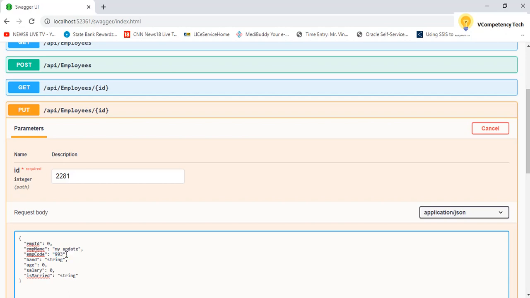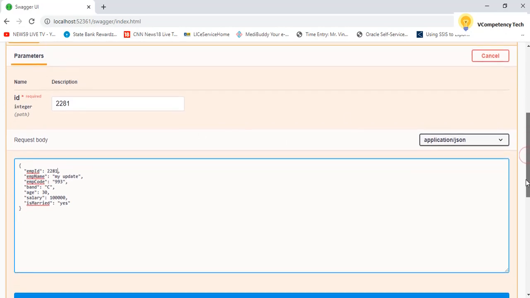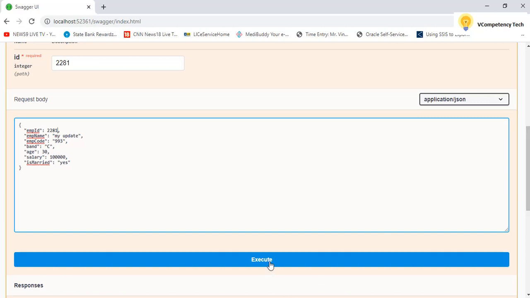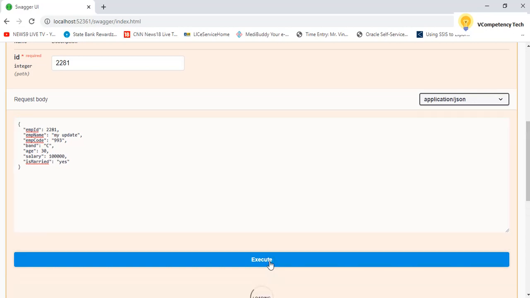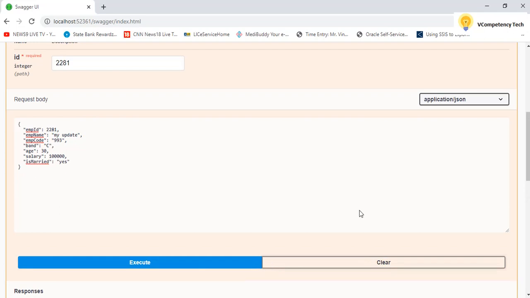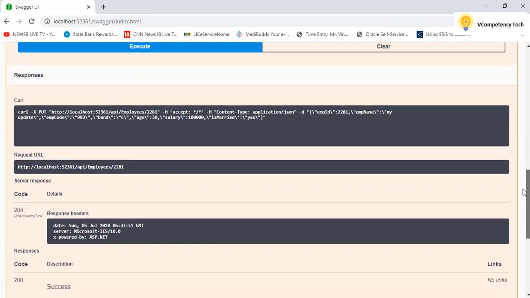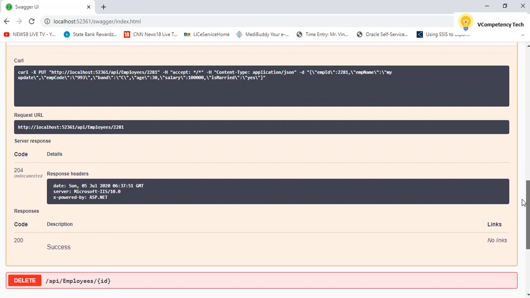Code, band, salary. Okay. Something like that I have set, and I will put execute, and it will give the response success.